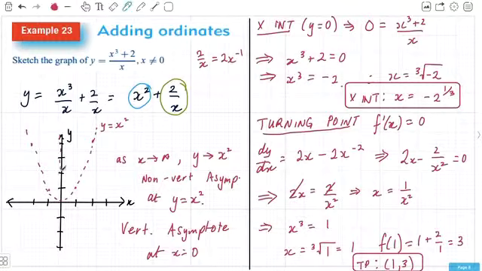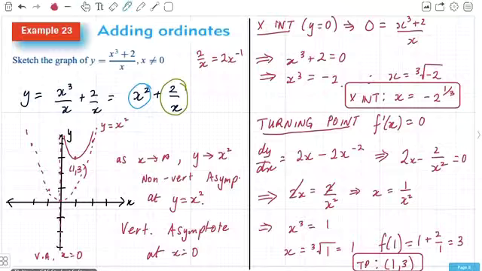I also have my vertical asymptote at x equals 0. It's going to say vertical asymptote there. I then have my graph going through a turning point of (1, 3), which is there, and label that. And I know my graph approaches the asymptotes on each side. On this side, my graph will approach both asymptotes like a magnet. It'll be drawn in, but on the way through it also goes through this point, negative 2 to the power of